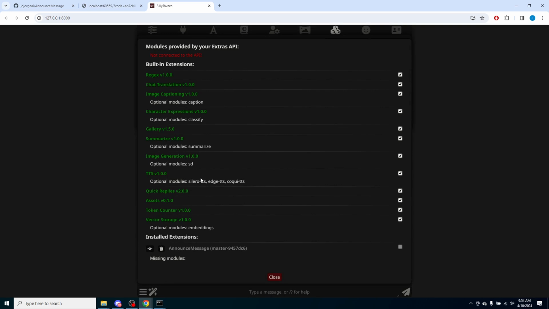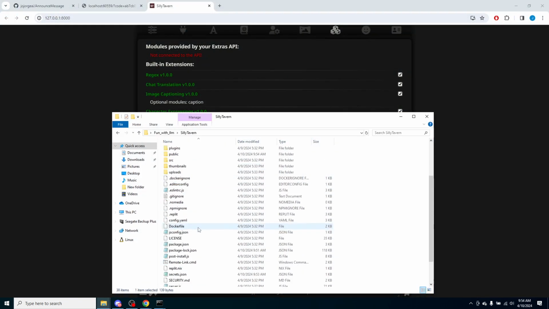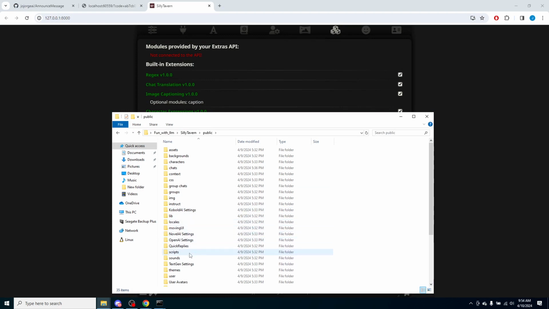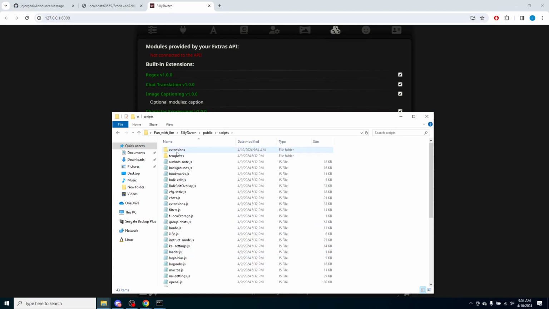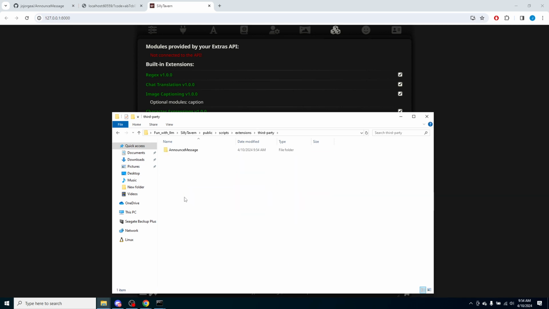So if we click on Manage Extensions, we should find that right here, Announce Message. And then if we go and look in our SillyTavern folder, public, scripts, extensions, and now we see that third-party folder, and there it is. Okay,